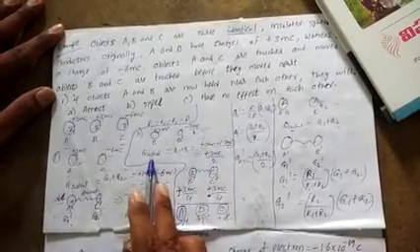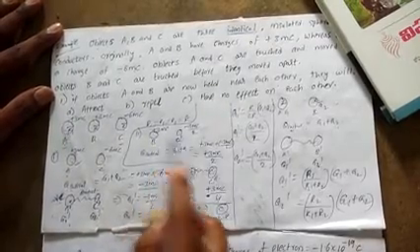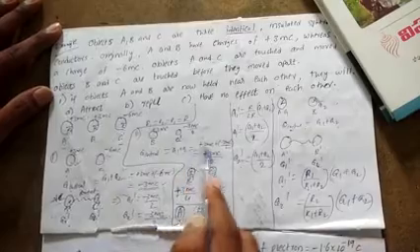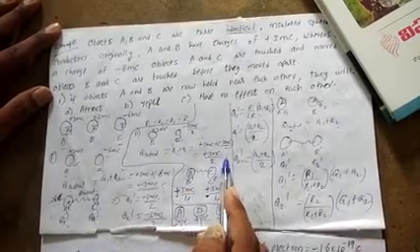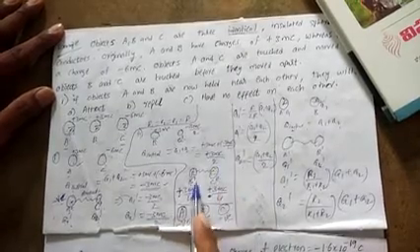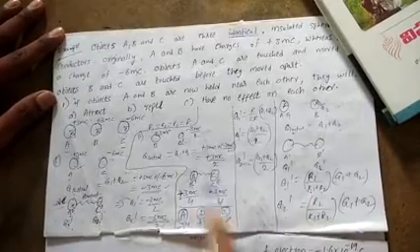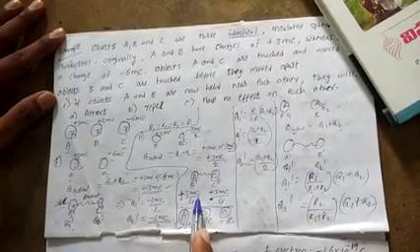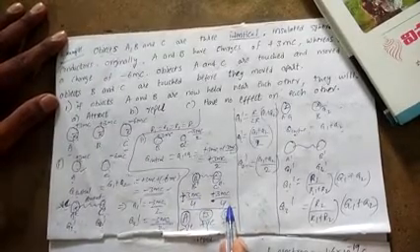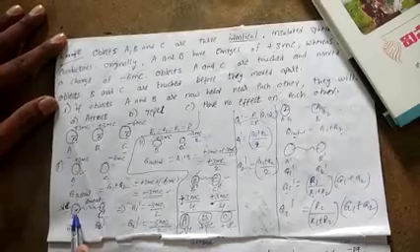Again, the same method. Finding Q initial, the total charge between these two. Q1 plus Q2, so how much is it? Plus 3 millicoulomb upon 2. By adding these two, we got plus 3 microcoulomb upon 2. Again, by making contact with each other, what happens? Half of this and half of this is equally distributed, so that we get plus 3 millicoulomb upon 4. Understood, students? This is the final charge for B body, this is the final charge for C body, and this is the final charge for A body.